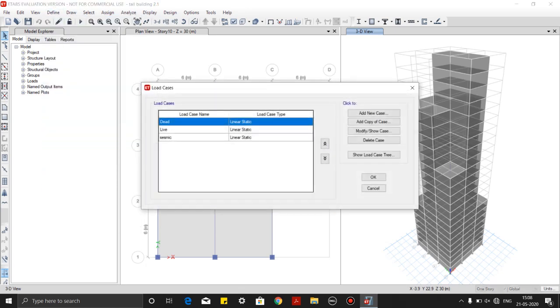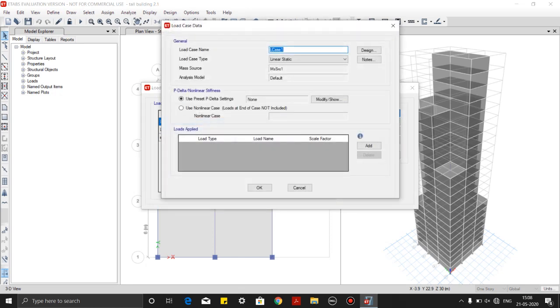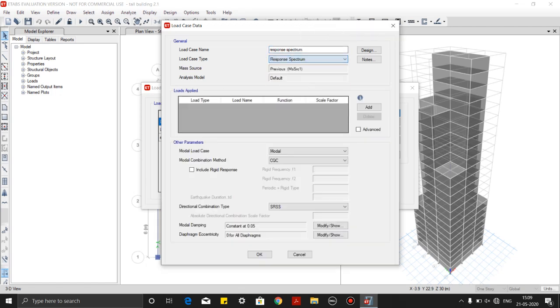Click on define again, load cases. Add new case. So the load case name will be response spectrum. The load case type will be response spectrum. Now we'll be adding, select U1, the function will be response spectrum.